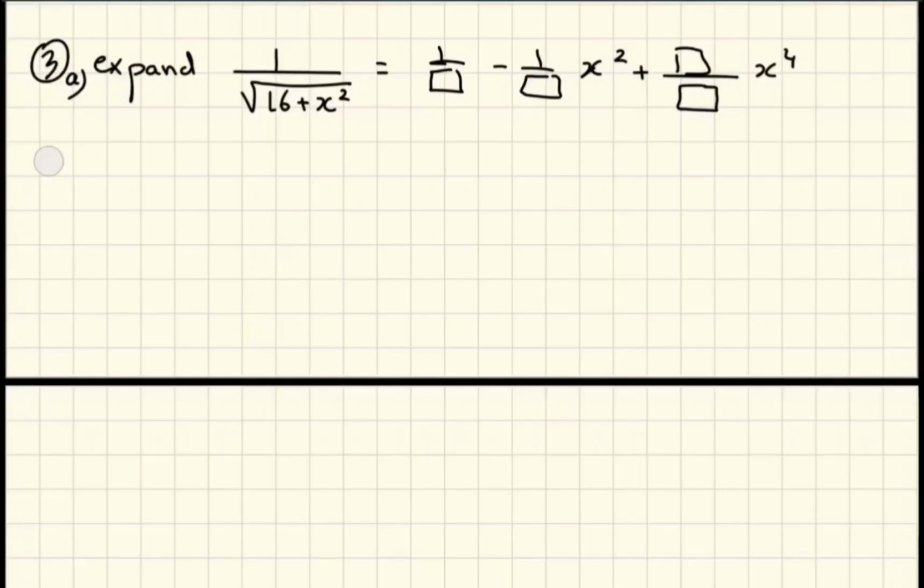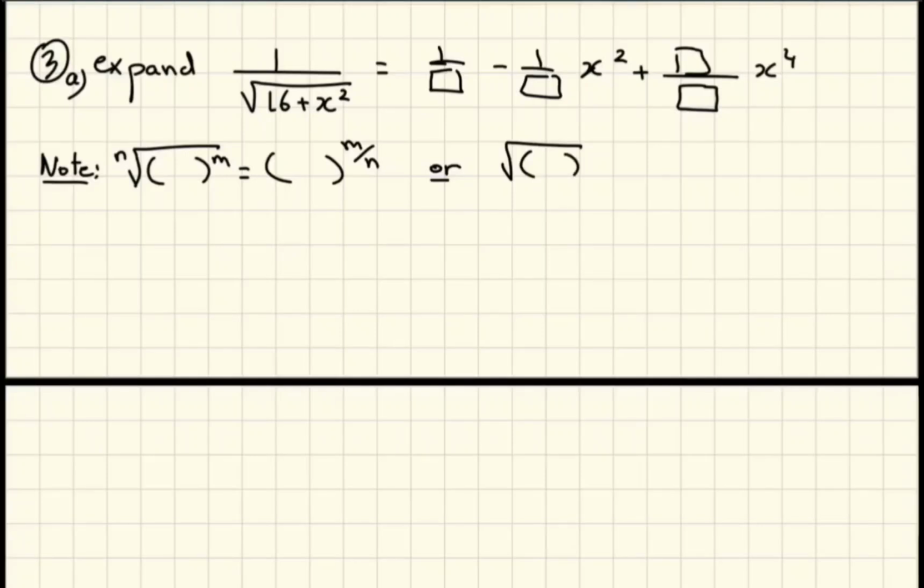So the first step, as a note, you need to remember that, as I said before in the previous video, whenever we have nth root of something exponent m, we can write this as exponent m over n. Now for the radical, if you have only radical like this, it's the same thing as having exponent 1 inside and a hidden 2 outside. We don't write it. So basically, any radical without an index, which is the hidden 2, we write it as exponent half. So this is my first step, to change this